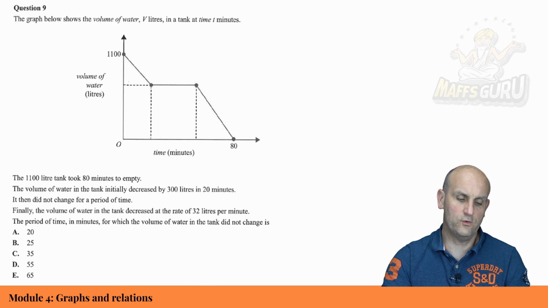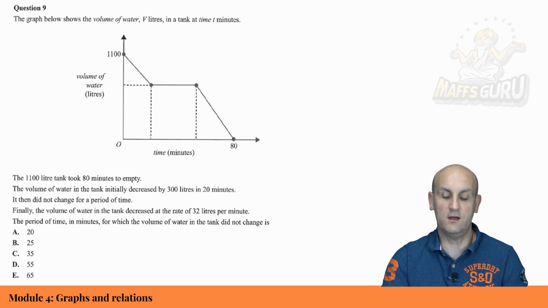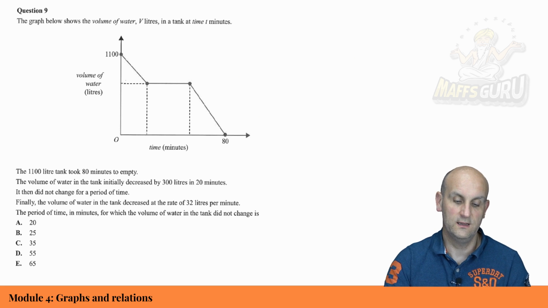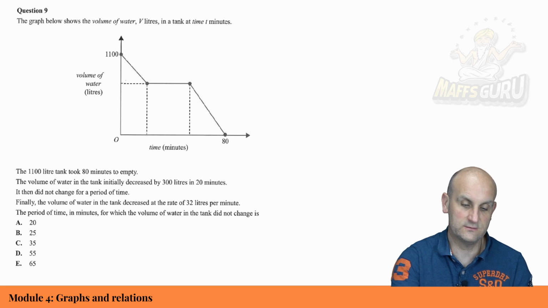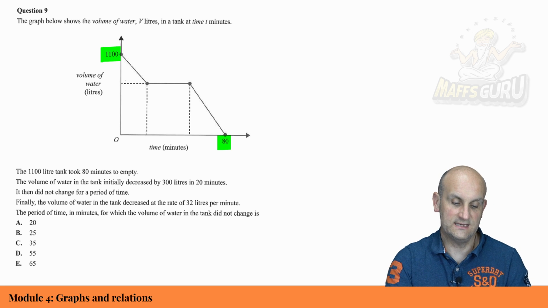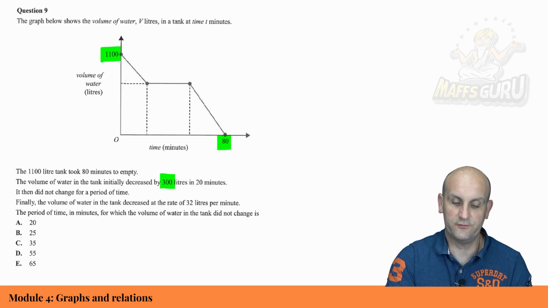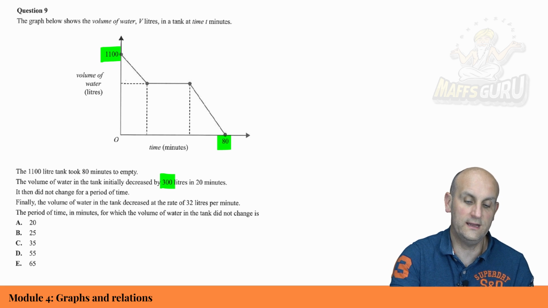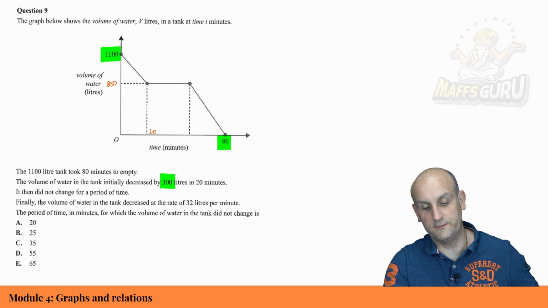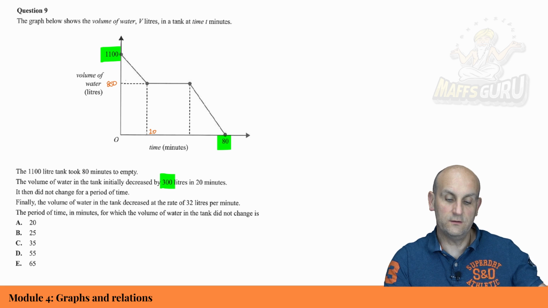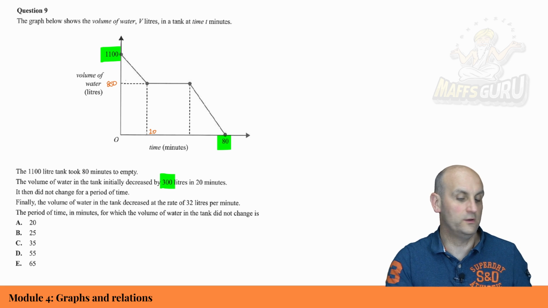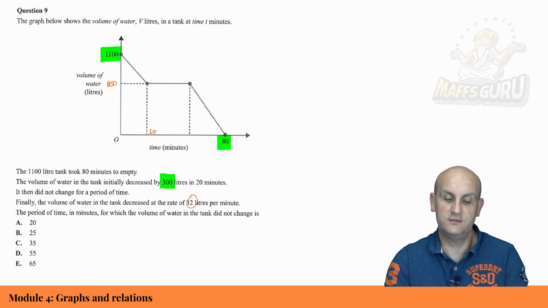Question number 9, we're almost at the end of this video. I promise you, the graph shows below the volume of water. It takes 80 minutes to empty. That was good. They told me that we had 1180. And it says the volume of the water tank decreases by 300 litres in 20 minutes. So what I now know is that value there is 20, and I'm going to take 300 away from that to give me 800. We then also know that the last part of the volume actually goes down 32 litres